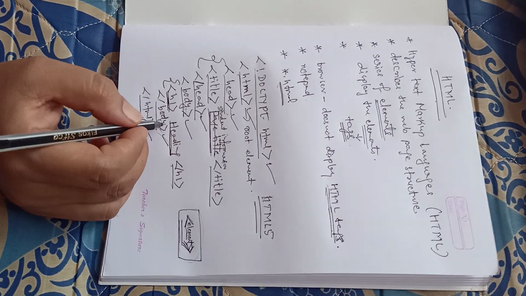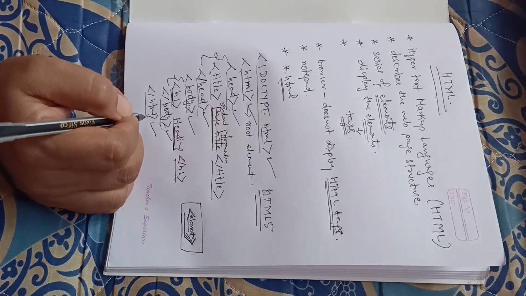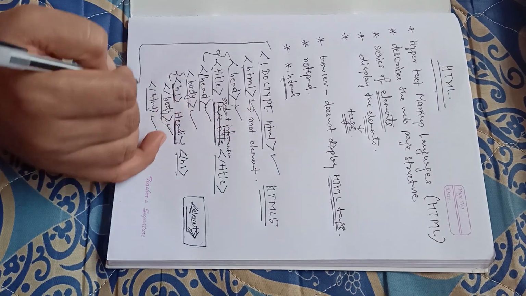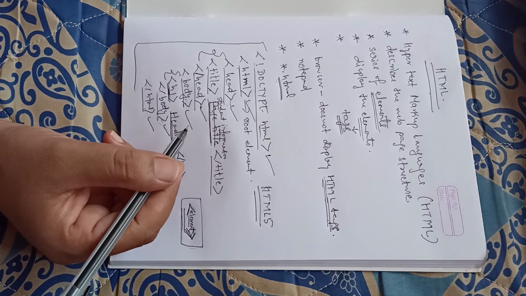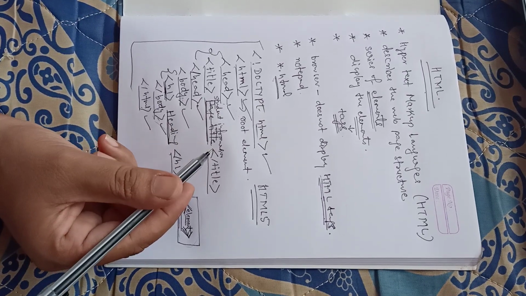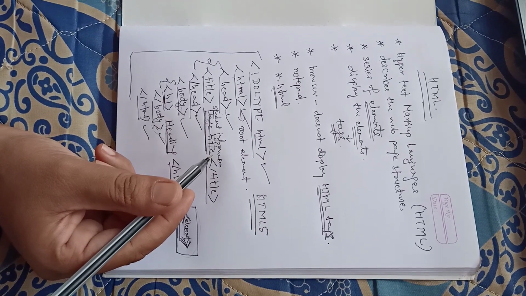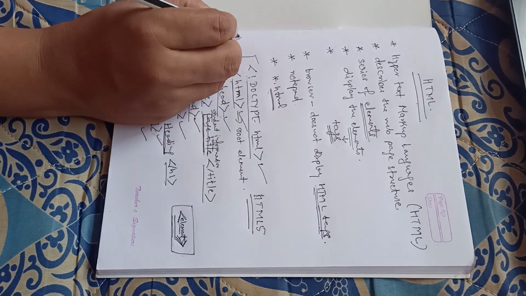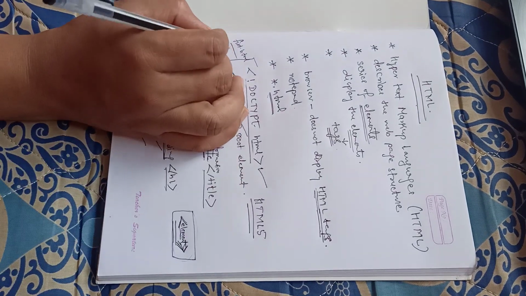Then the body tag is finishing and my HTML tag I am finishing over. Now this total content is to be written in a notepad, and then that notepad has to be saved using your .html or .htm extension. For example, suppose I'm storing this as first.html. So this is now my file name.